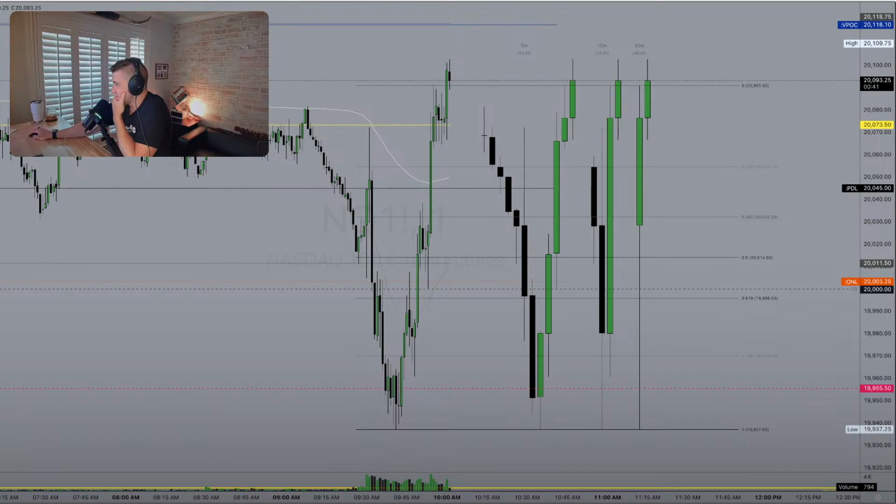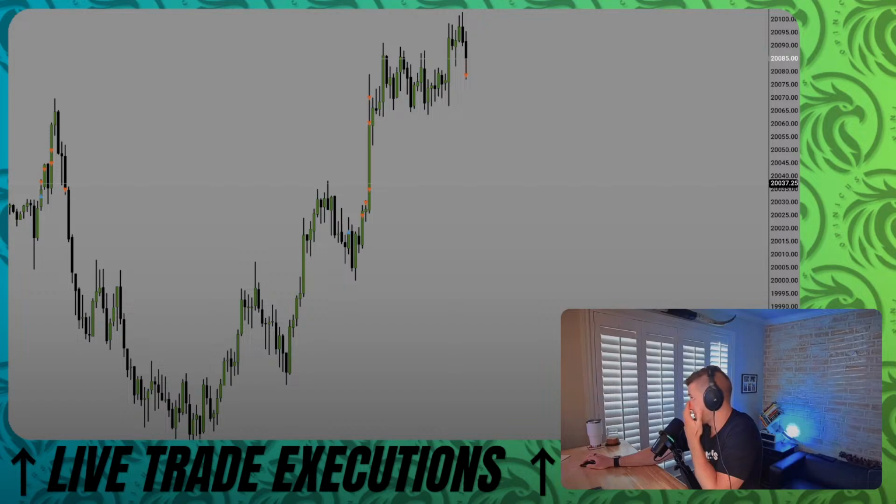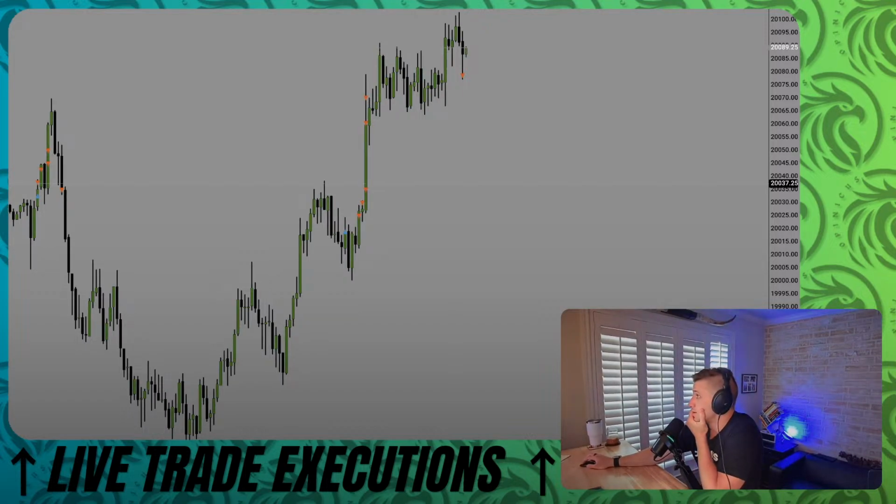Raising the trail a little bit, just beneath 80 now. I want to give back an extra 20 points there. And it's taken out. All right. Not bad. That was decent.